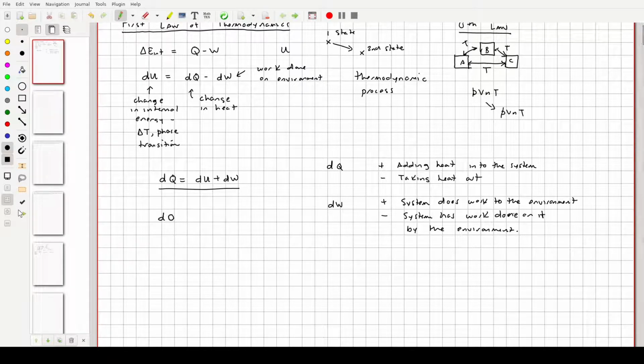Sometimes in more, I'm going to air quote, correct notation, you see it written the following way, with little slashes through it. And the slashes mean that these are not exact differentials. Now, what do I mean by that? Well,